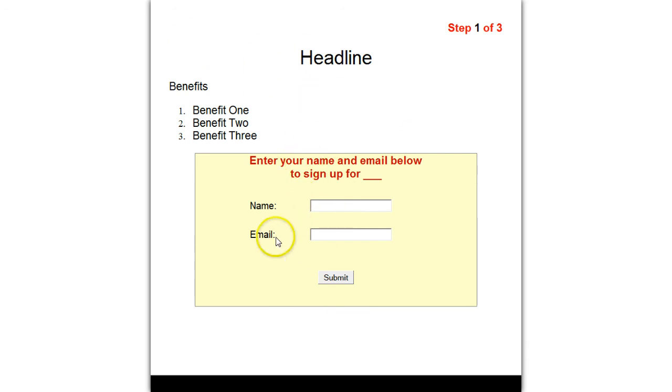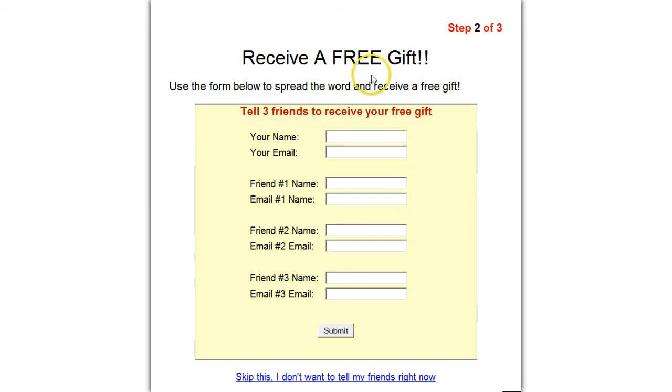Once they enter the name and email address, they go to this middle step, step 2 of 3, receive a free gift. Right, so use the form below to spread the word and receive a free gift. Tell 3 friends to receive your free gift. So you enter your name and email address, and you enter the name and email address of 3 friends, and submit.